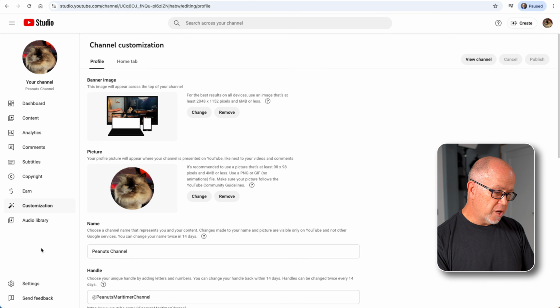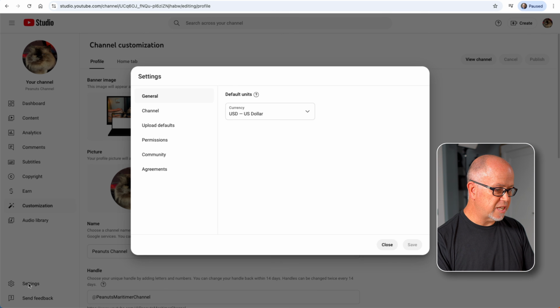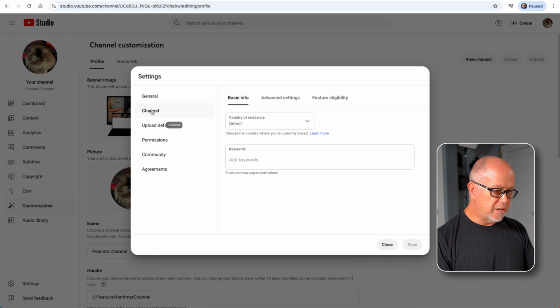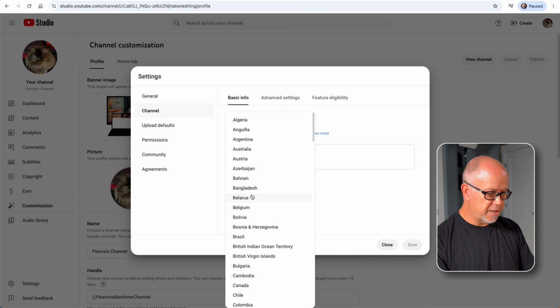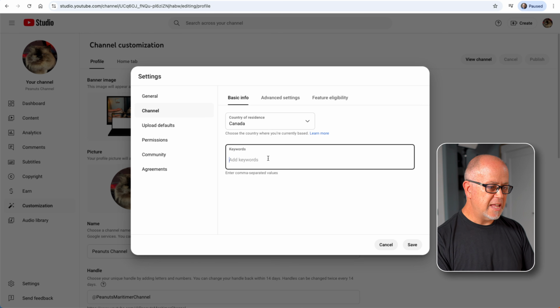So the last one I want to show you here that I think is very important is the settings. Let's go ahead and click into settings. The General tab is where you can set your default currency. In the Channel tab, you want to set your country of residence. So for me, I'm in Canada, so I will just click on Canada. And then you want to enter some keywords for your channel. So what is your channel going to be about? This will help YouTube initially in trying to serve your videos up to the people they think will want to watch your videos. So you can fill out this section with what makes sense for you, and then click on